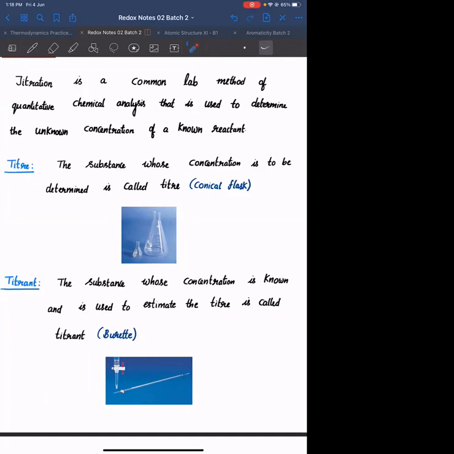Whenever it achieves endpoint, at that particular endpoint, what is the equation? The equivalence of titer must be equal to equivalence of titrant. Okay. So whenever you, yeah, tell me. मैं कैसे पता चलेगा end point? Exactly. So whenever you are introducing this, how can you realize that N1V1 became equal to N2V2?